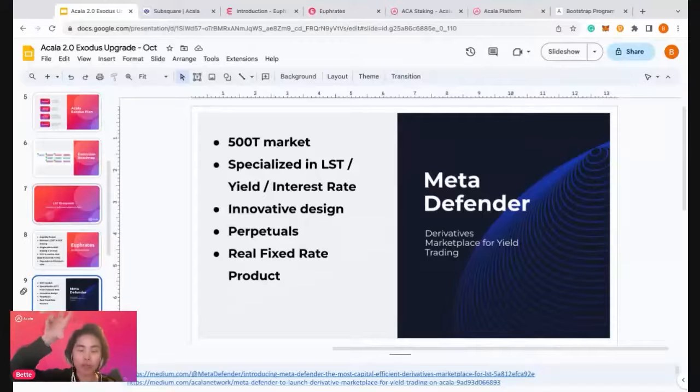And then they build a GMX-like derivative market with their new token design and liquidity design. And what does that mean? That means, firstly, you can actually trade DOT yields. DOT yields do go up and down, especially with the new optimized staking ratio being in place. The staking ratio is going to go up and down, and you can trade those without touching